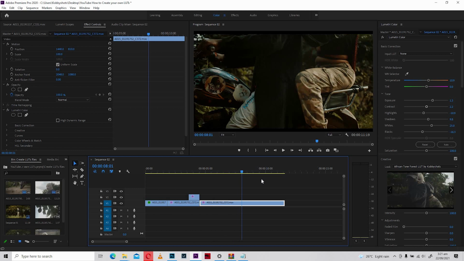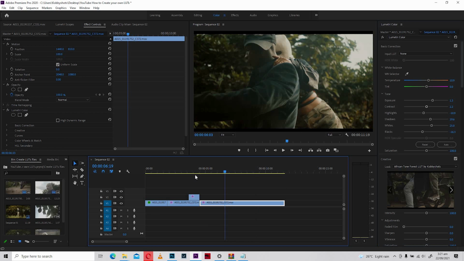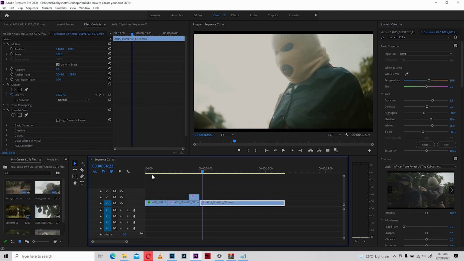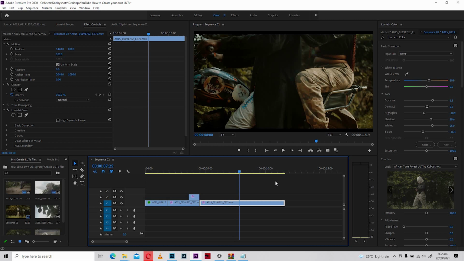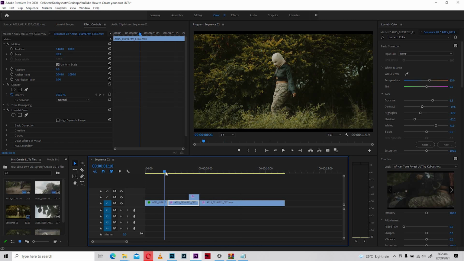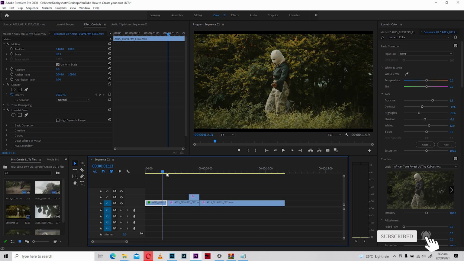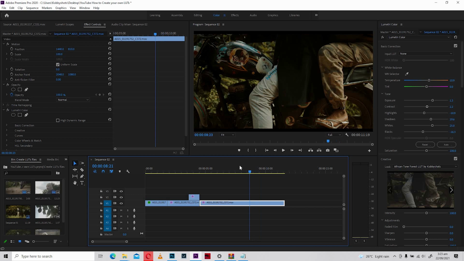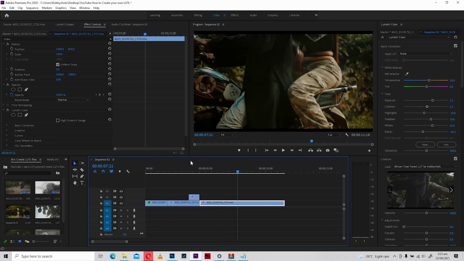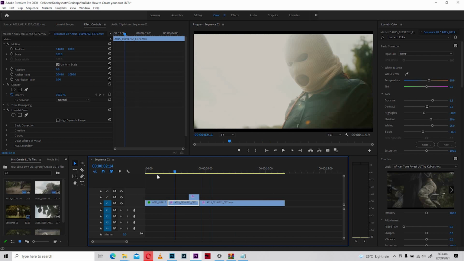All right. When I check this out, I think my contrast is a little bit too much. So let me open up the shadows, and I think I am pleased with where I am. There's consistency in the grade, and all these properties that I made changes to are gonna have to be saved apart from each other so that they become individual LUTs. Okay, so I think I am pleased with where we are now. Okay, so I'm gonna quickly just save